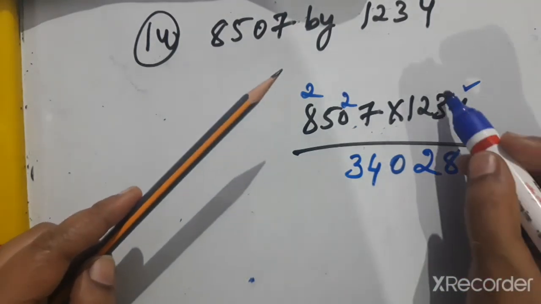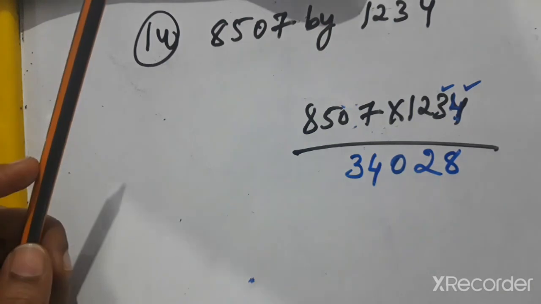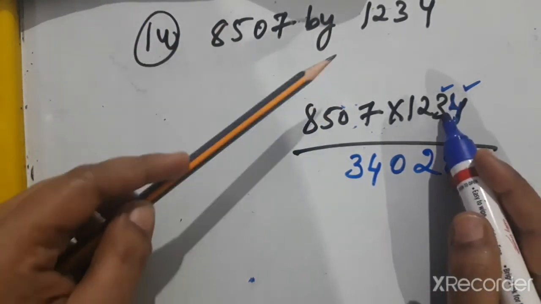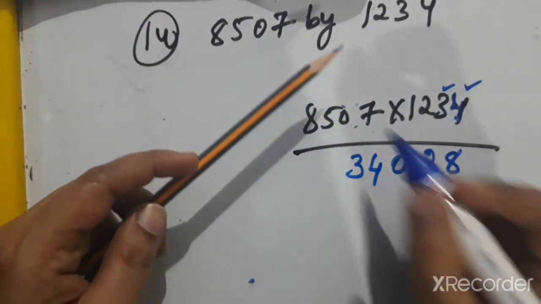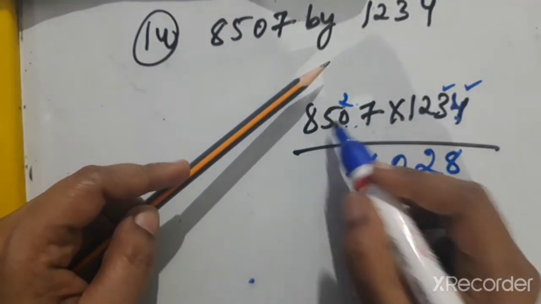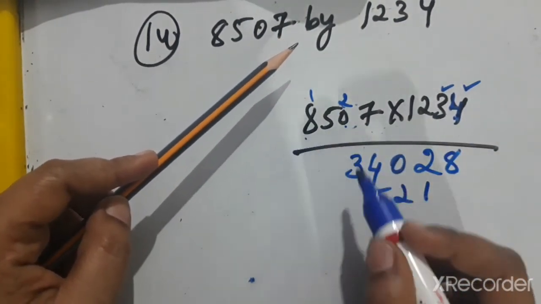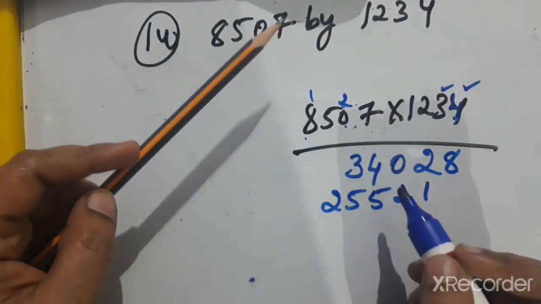Okay. Now with the second number we have to multiply 3 with each number. Okay. Now 3. 3 sevens are 21, 1, 2 carry over to next place. 3 zeros are 0, 0 plus 2 is 2. 3 5s are 15, 5, 1 carry over to next place. 3 8s are 24, 24 plus 1 is 25.